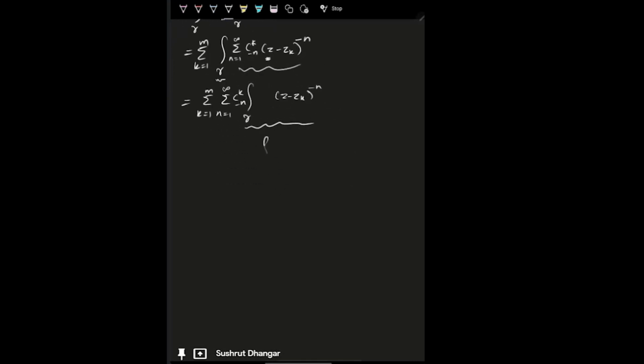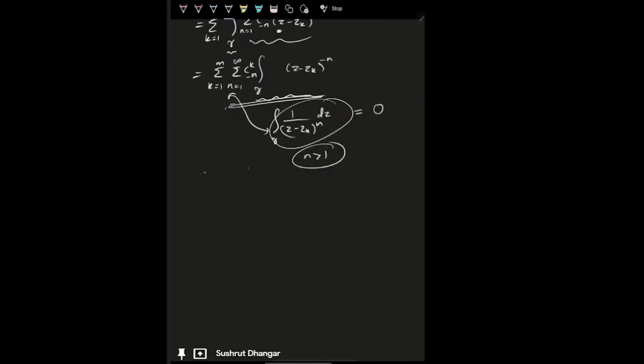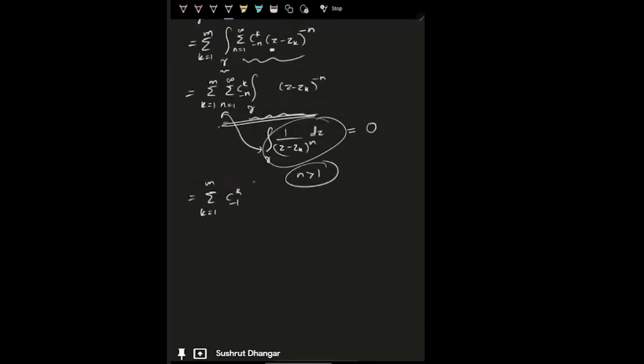Now let's look at this integral, the integral of 1 by (z - z_k) to the power n. This integral is somewhat familiar to us, right? Since we have an infinite sum, n going from 1 to infinity, if n is greater than 1, this integral will always give us value 0, because of the existence of a primitive of 1 by (z - z_k) to the power n, where n is greater than 1. Because of the existence of a primitive, the integral over this closed path will be 0, and hence what we are left with is the summation k equals 1 to m of only the n equals 1 part,